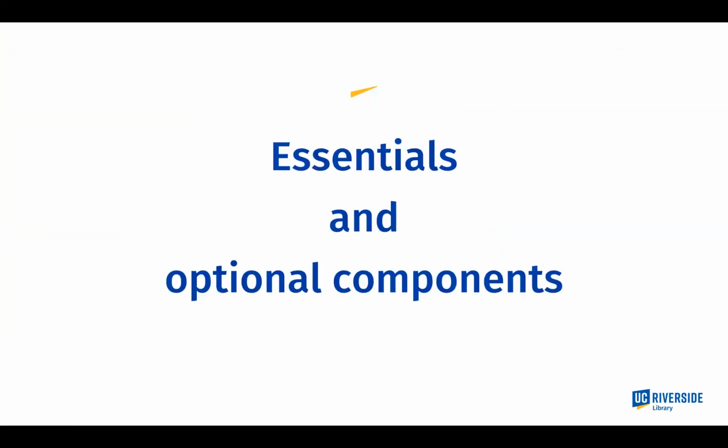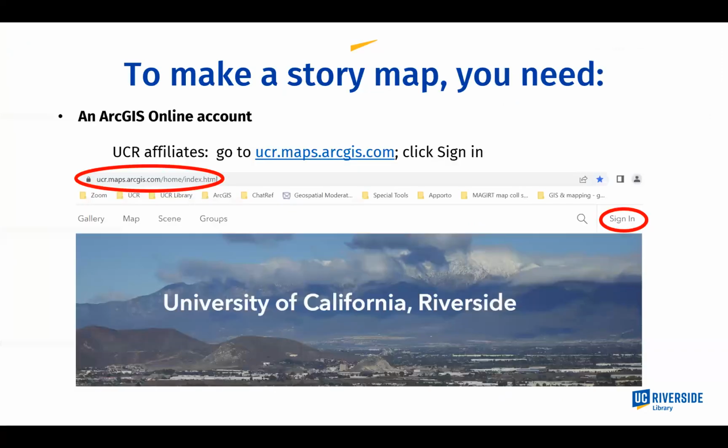Well, let's talk about what the essentials are and the optional components. Well, one thing you absolutely need to make a story map is an ArcGIS Online account. For those of us who are affiliated with UCR, we go to the URL that you see there. It's called ucr.maps.arcgis.com. You click sign in, and that takes you to